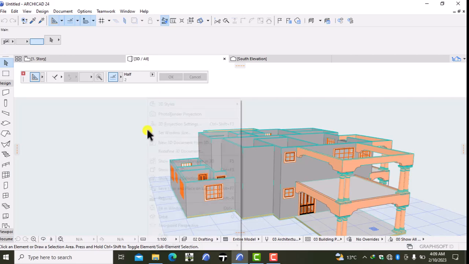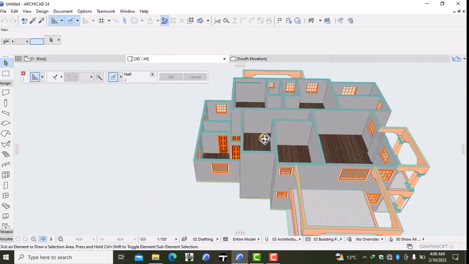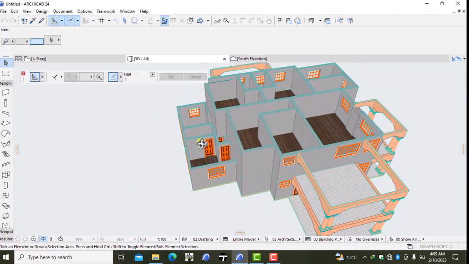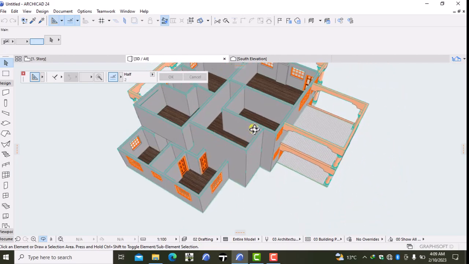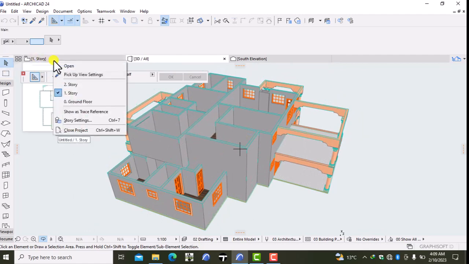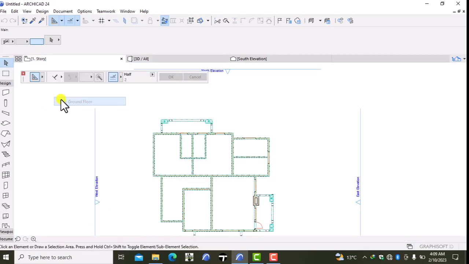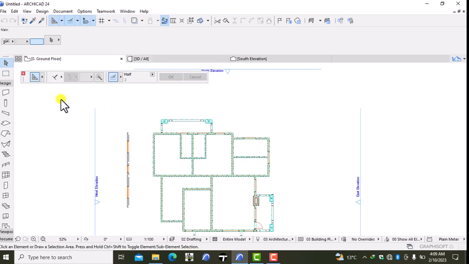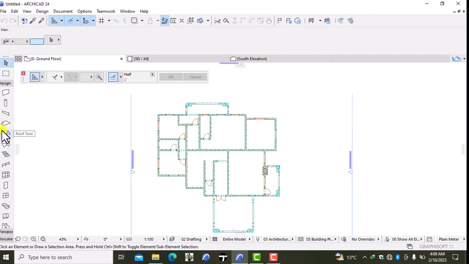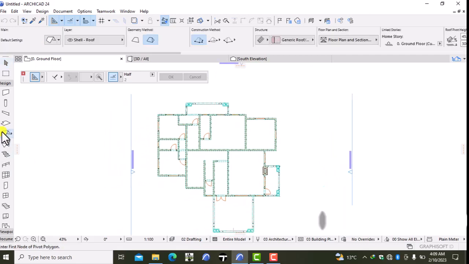So basically, what I want to do at this juncture, I want to go ahead and just do a roof on this edge. As you can see from my ground floor, I have this area over here that needs to be covered with a roof. I'll just go back to this tab over here, right click, and then I go to my ground floor. So once I'm at my ground floor, I'll just go to this roofing tab over here, just double click it,